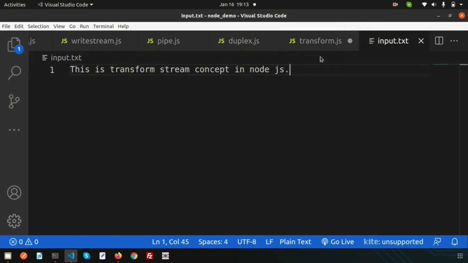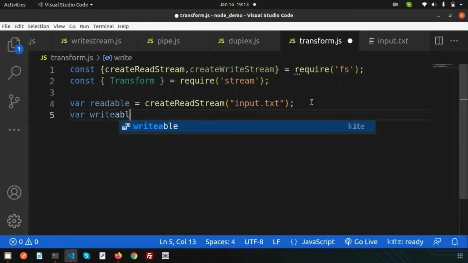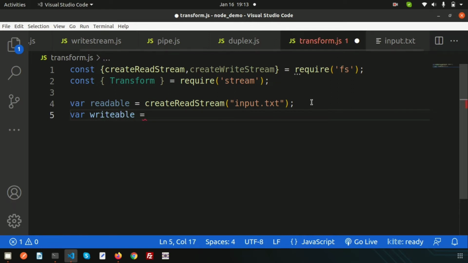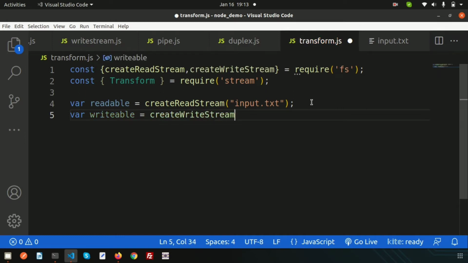I want to fetch this data, and I want to write data into my destination. So just write writable. Let's create a simple variable as per your choice, and use createWriteStream, and here my destination file will be, suppose,